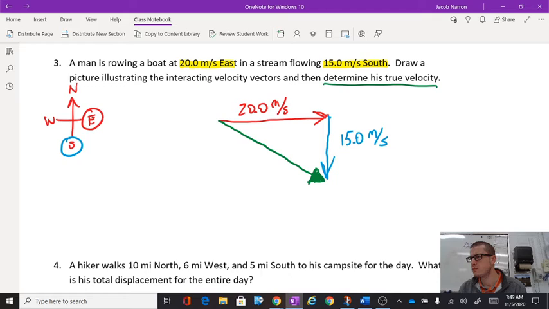Pythagorean theorem. So I'm going to say, all right, 20 squared plus 15 squared. And I'm going to do the square root of that. And I get 25. And actually, this is technically a 3, 4, 5 triangle. If you look at it,